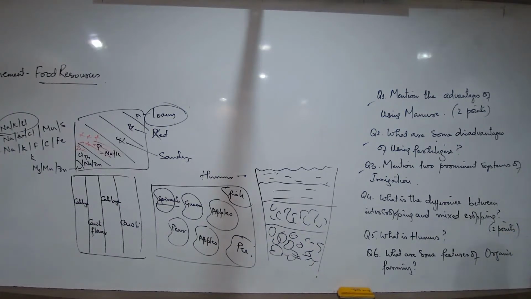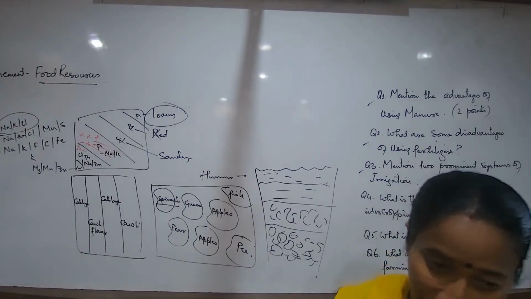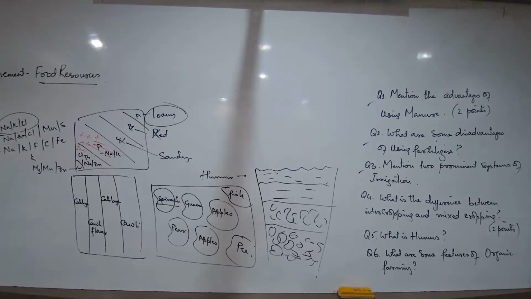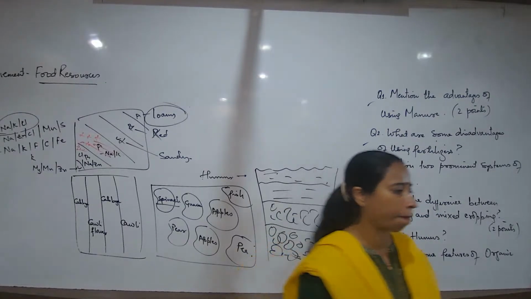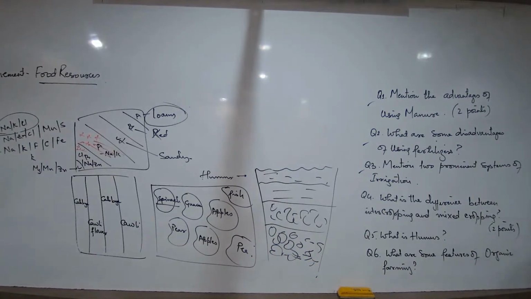And what is mixed cropping? Write intercropping: growing 2 to 3 types of crops in a definite pattern. Definite pattern. Only 2 or 3 are there in intercropping? No, there can be many, 5-6 types of crops. This is just an example. Instead of 2-3, write 5-6 also. That's not wrong.